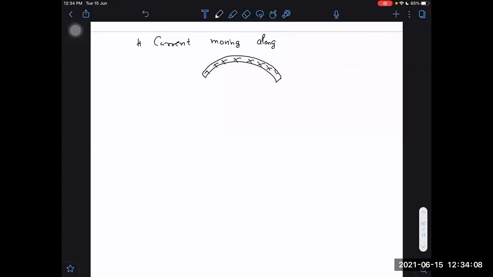I think you understand better what this diagram is indicating: along the portion of a cylinder, through the width of the cylinder. Again, it comes from minus infinity and goes up to plus infinity. It is along minus k cap. And we want to find the field at the axis of the cylinder.